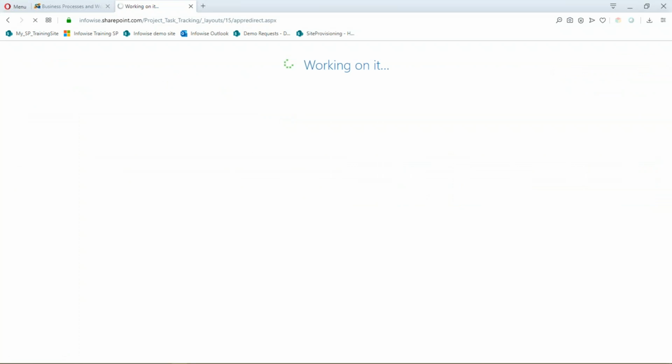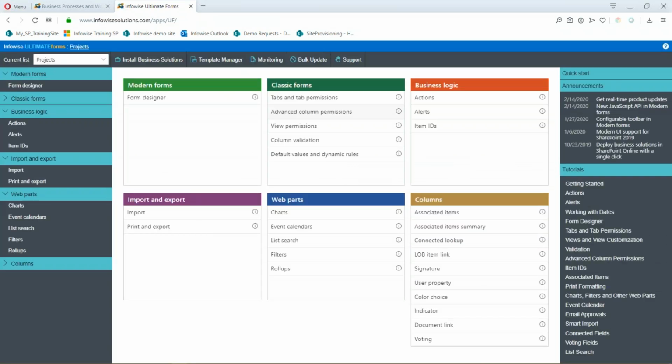Actions are sort of, you can think of actions as the next step above workflows in SharePoint. Actions are complicated business logic that fulfill a variety of purposes. There's a lot of different things that you can do with actions. In this case,